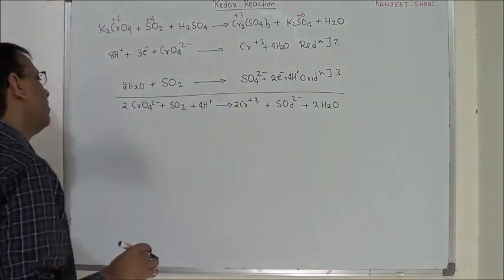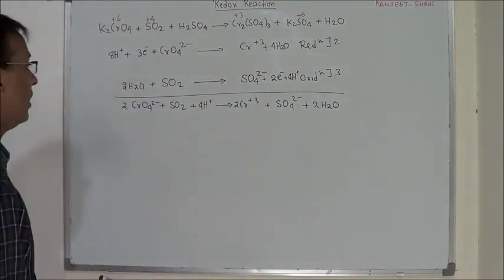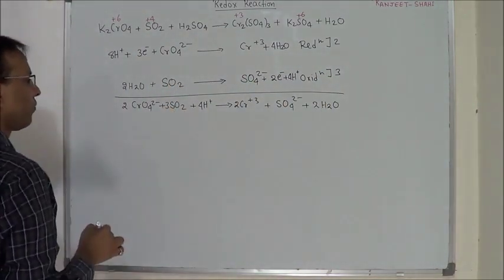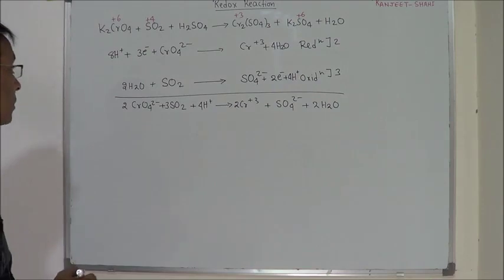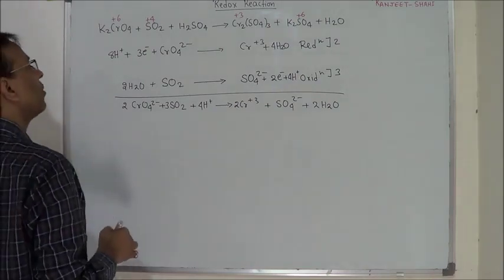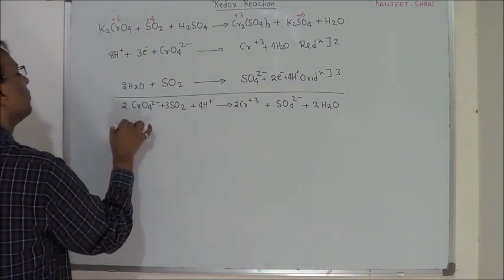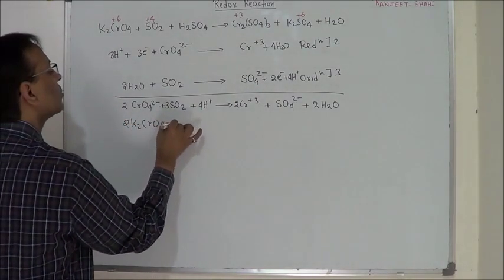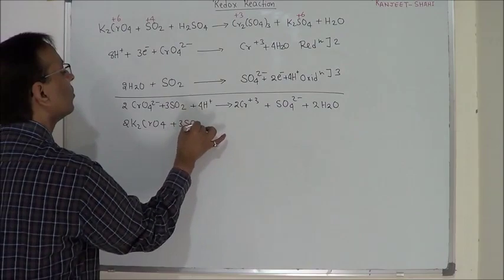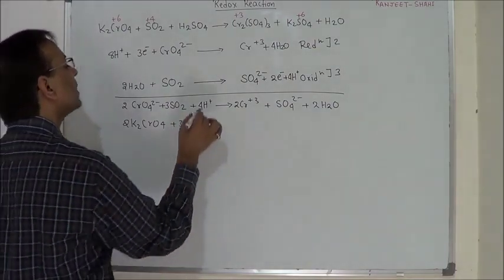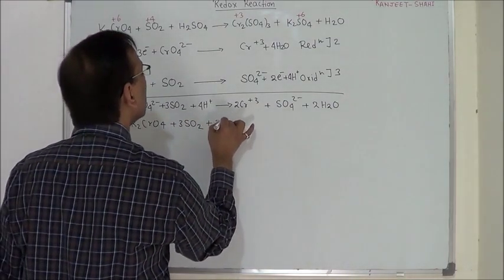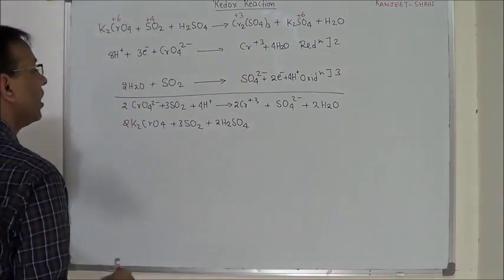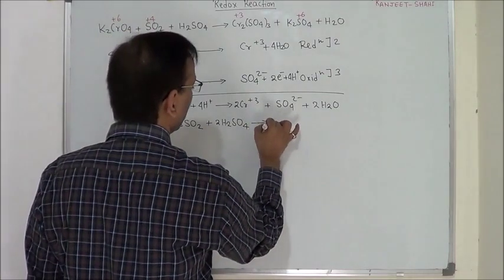Now let us compare the coefficients. Sorry, 3 SO2, we missed the 3 here. So let us compare the coefficients. 2 chromate, so 2 K2CrO4. 3 SO2. 4H+, so 2 H2SO4. This gives 2 chromium, so